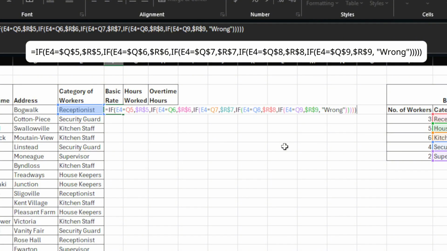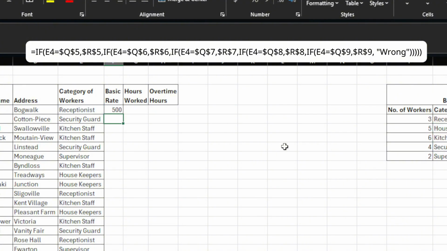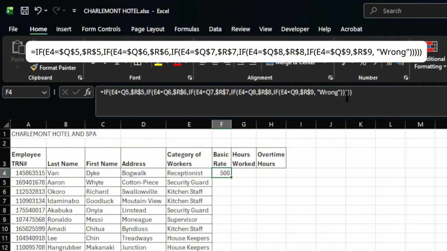Yes, I'm on the last one now. Each of the brackets are color coded. Once I'm done with that, I will press enter on the keyboard, and there you go. I have my value. So now that I have my value, if you look up here, you could see the